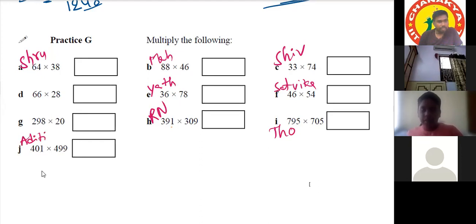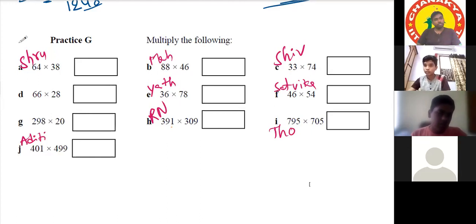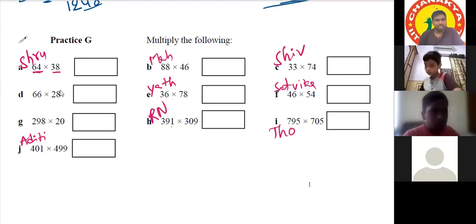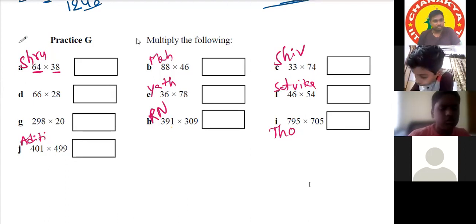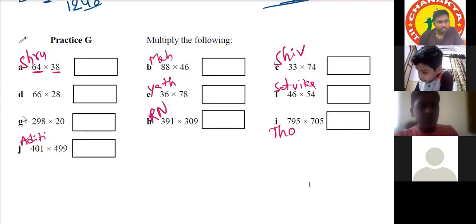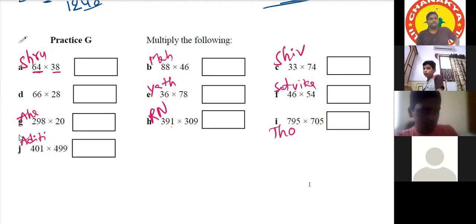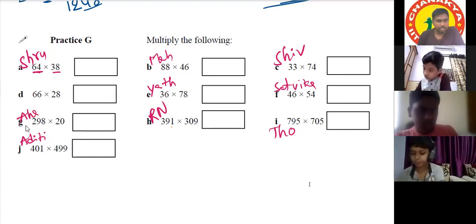We don't have a separate Vedic maths notebook. Sir, which number in these two are we supposed to split? Your wish. You may double this number to convert it to use that shortcut, or you may half it, or divide any number by 3 or 4. You can do anything. Just convert these two numbers to come into our shortcut. Currently you don't have a separate Vedic maths book. I think it is better to keep a separate book.